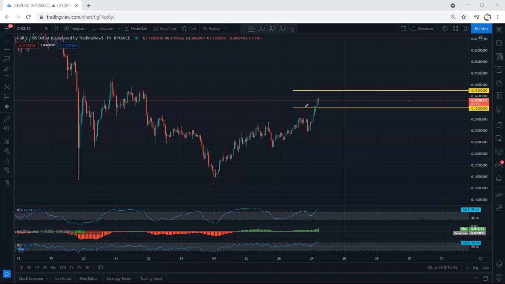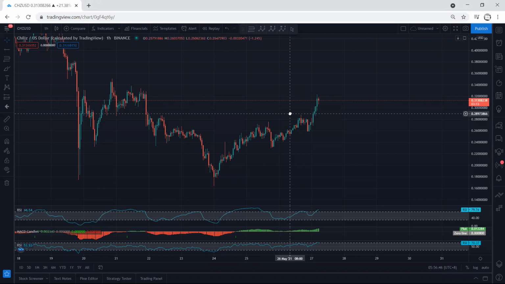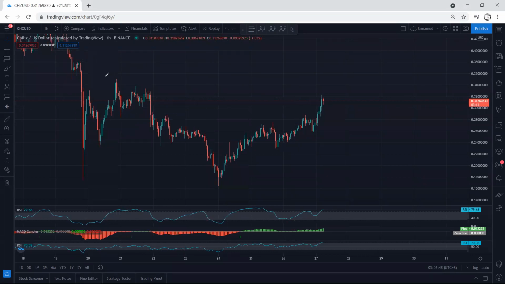As you can see, the price almost broke the first target, and it couldn't take the second target, almost near to what we expected. Anyway, whoever got the trade, if they didn't take the trade out in profit, they keep the trade, move their stop loss to break even, and we want to see what's next, because as we can see, we need to see the breakout of the previous stop, which is almost